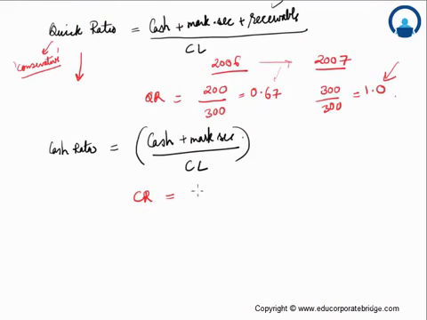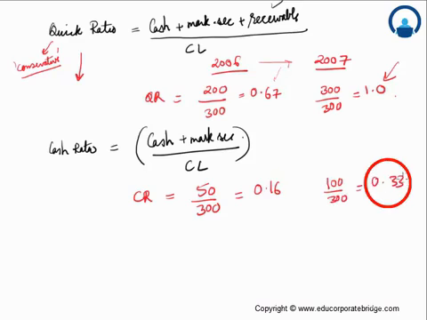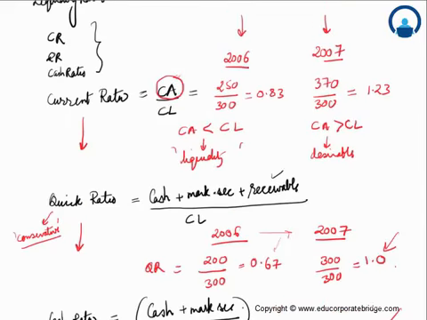This would be 50 divided by 300, so this is 1/6, which would come out to 0.16. And for 2007 it is 100 divided by 300, so this is 1/3, 0.33. So obviously this cash ratio is better for 2007 as compared to 2006. So here we have noted that this company was facing some kind of issues in the year of 2006,